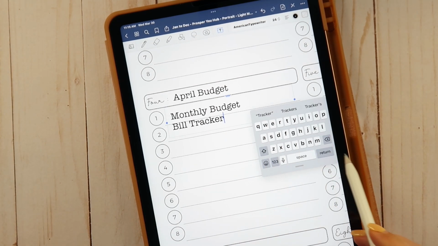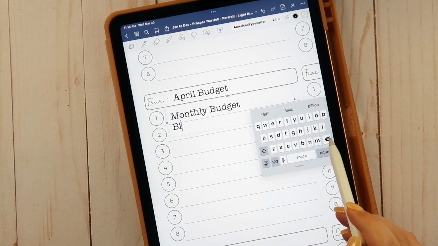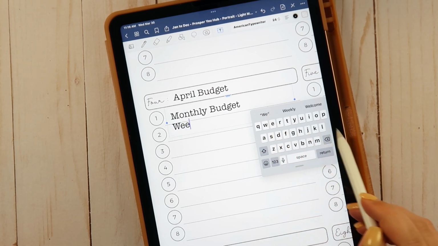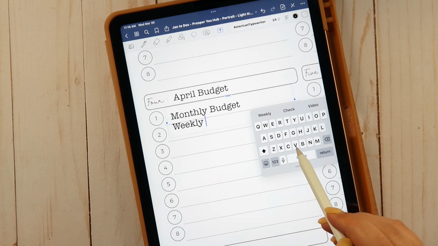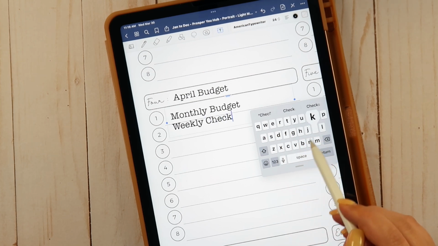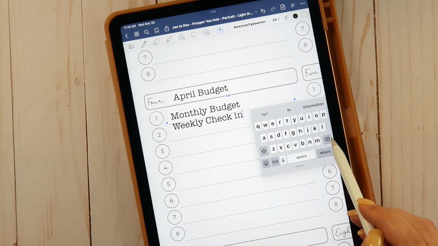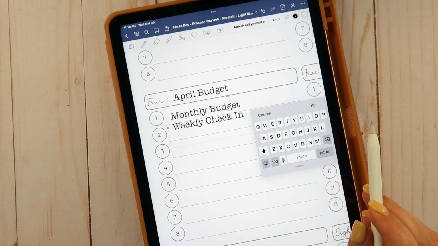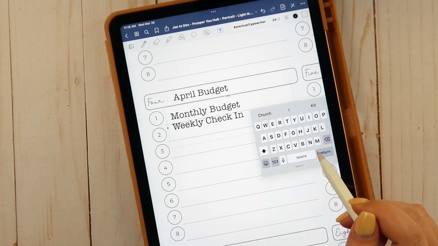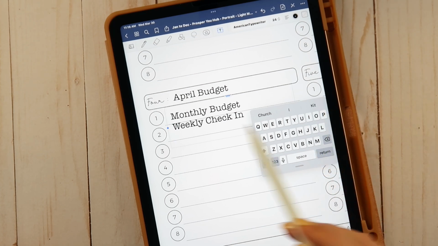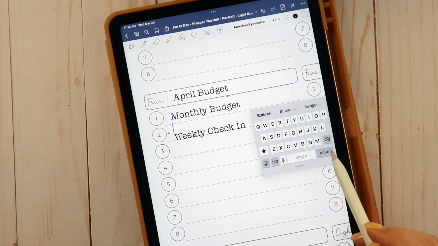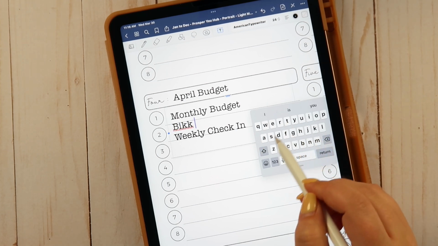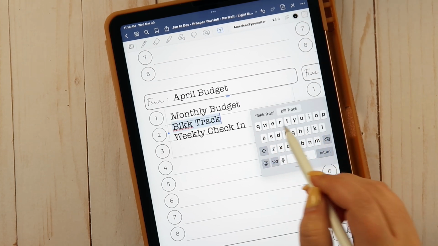Okay, so actually the second one is going to be the weekly check-in page. So weekly check-in. I'm just gonna capitalize that. And then we have the, or no, I did, oh shoot, okay. No problem. Okay, so we're gonna do bill tracker. Actually, I had that right the first time. So bill tracker,